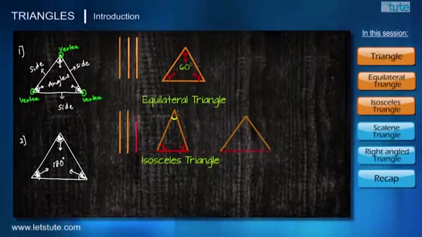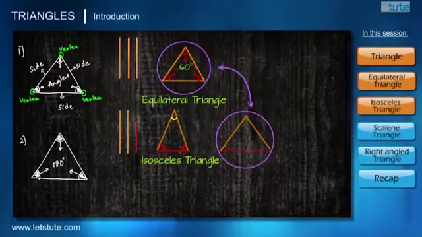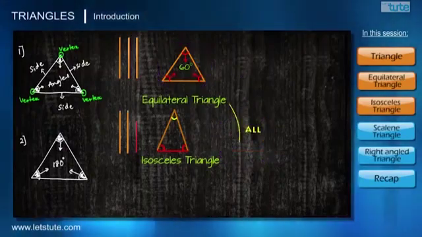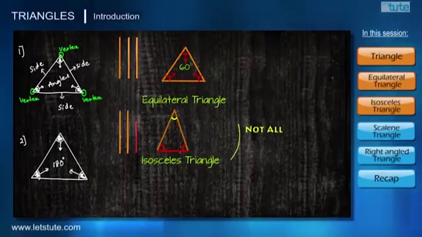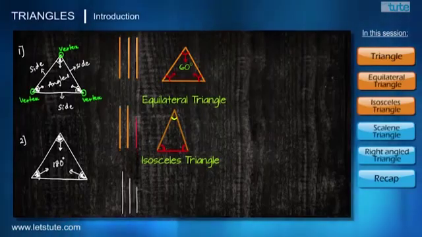And it becomes a case of equilateral triangle, which we have studied earlier. So from this we understand that all equilateral triangles are isosceles triangles, but not all isosceles triangles are equilateral. Hope you understood this. So now let's take up a case of three different, or you can say unequal sides,